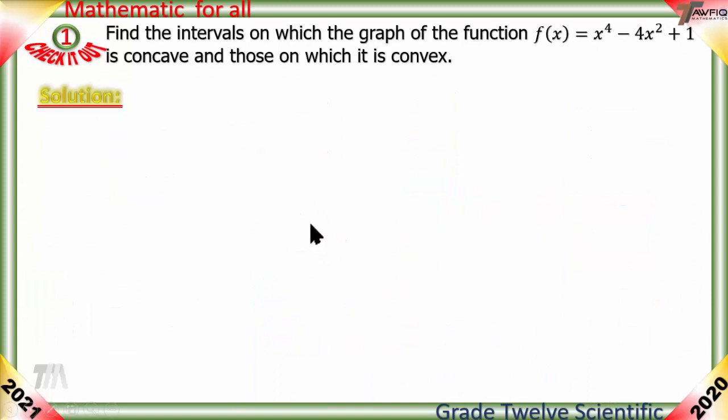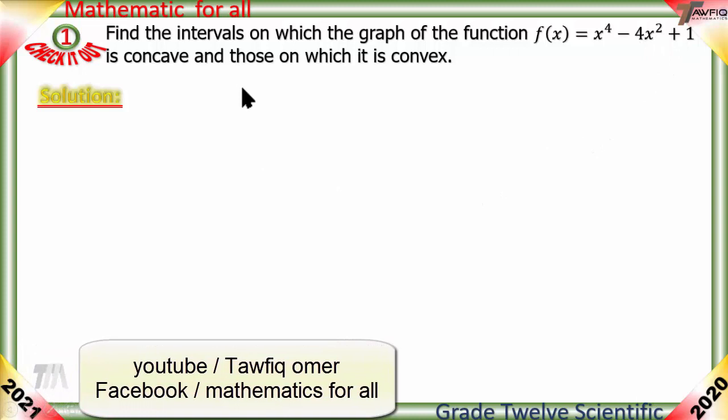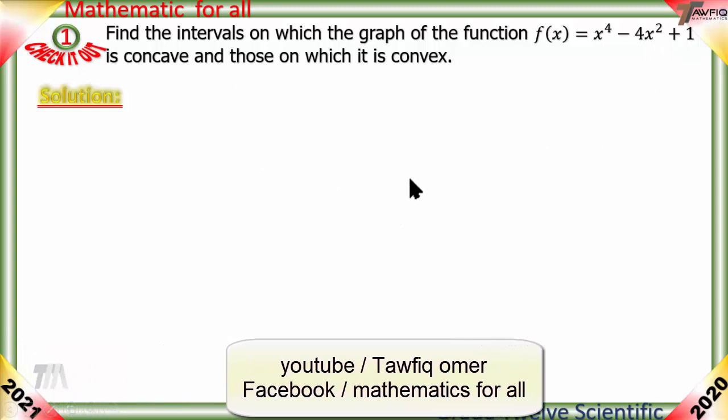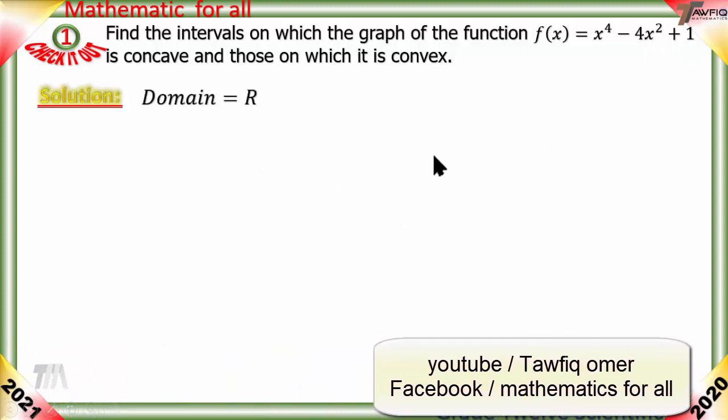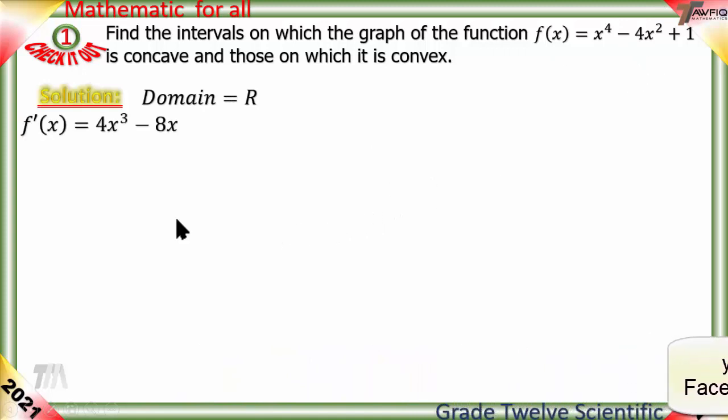Let us take the second example. Find the intervals on which the graph of the function f of x is equal to x to the power 4 minus 4x squared plus 1 is concave, and those on which it is convex. The domain of this function is all real numbers. Take the first derivative. f prime of x is equal to 4x cubed minus 8x, and the second derivative is 12x